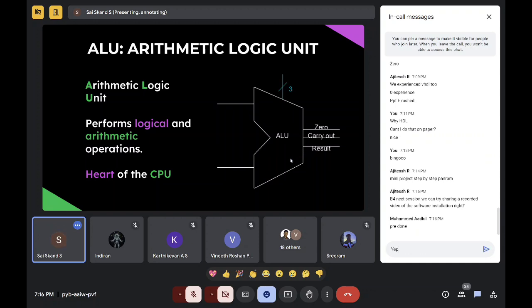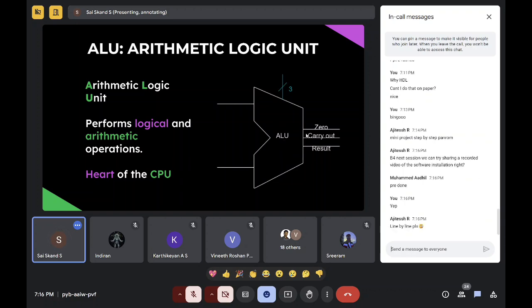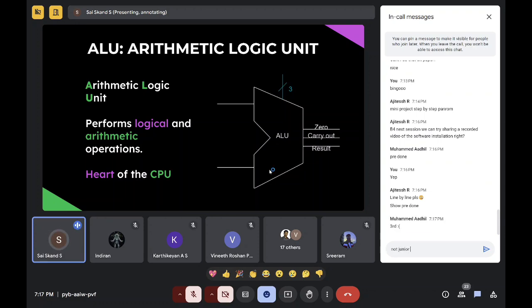Yeah, Ajitesh, we'll do this line by line. Okay, pre-done? What do you all want? Ajitesh is a junior and he says pre-done. Okay, pre-done then.